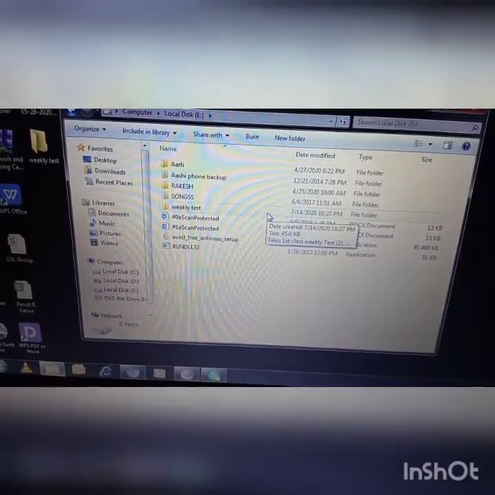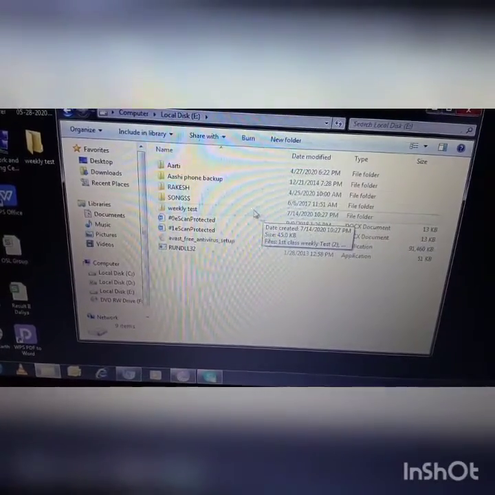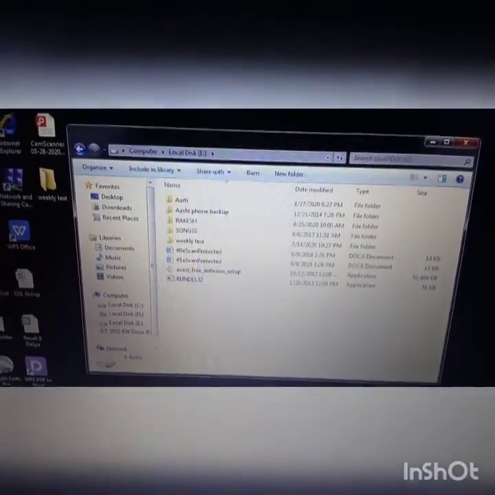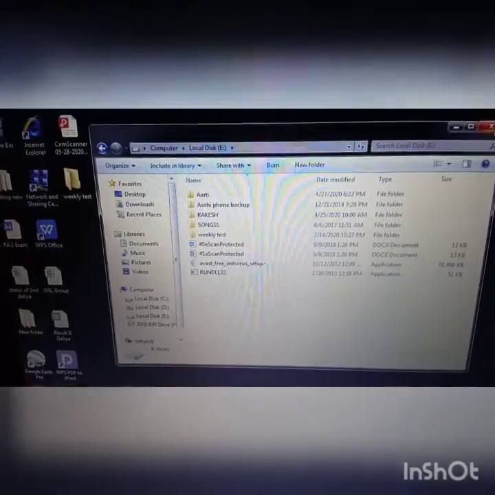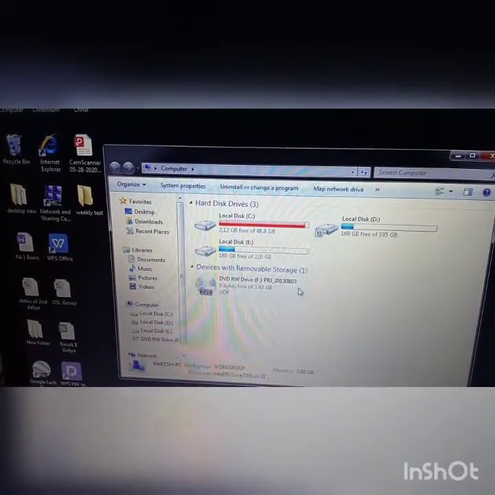To open the Computer folder, double click on the Computer icon on the desktop. You can see the Computer icon on the desktop. When you double click on this folder, your folder will be opened. The Computer folder is the place you can go to access locations such as floppy disk drives, hard disk drives, CD drives, etc. Now I can show you. When I double click on this folder, you can see C drive, D drive, E drive, CD DVD drive.